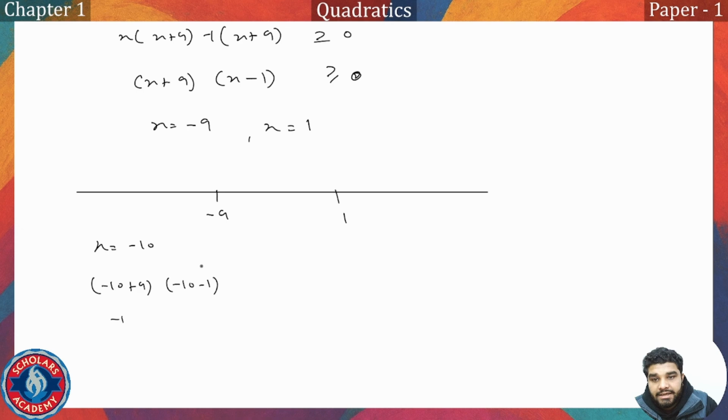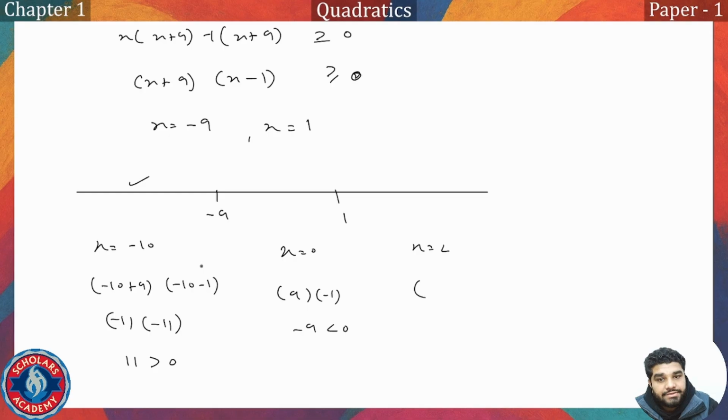So we get -1 times -11, that is 11. So it is greater than 0. Yes, we'll take this interval. And if we take x is equal to 0, so 9 times -1, -9 less than 0, will not take this interval. If we take x is equal to 2, so 2 plus 9 and 2 minus 1,